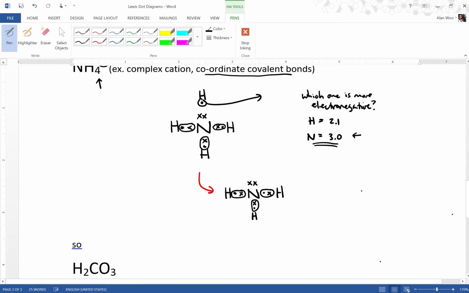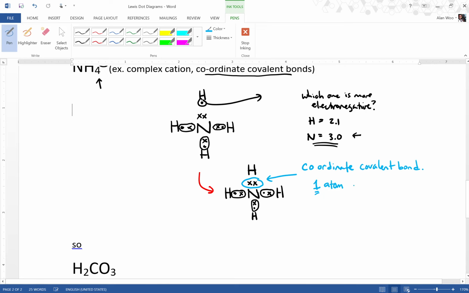And because hydrogen lost its electron, it can fit right above the shared pair of electrons. So this bond that is formed right here, this is what we call a coordinate covalent bond. What this means is one atom,